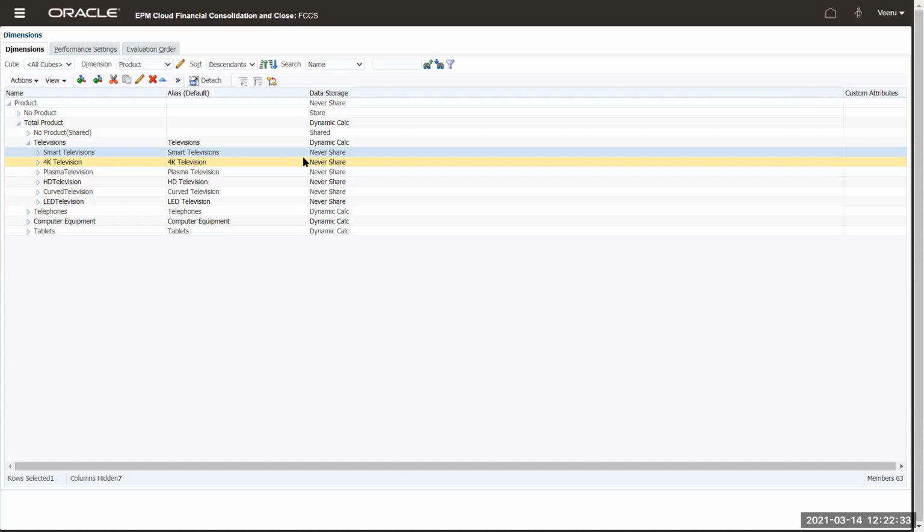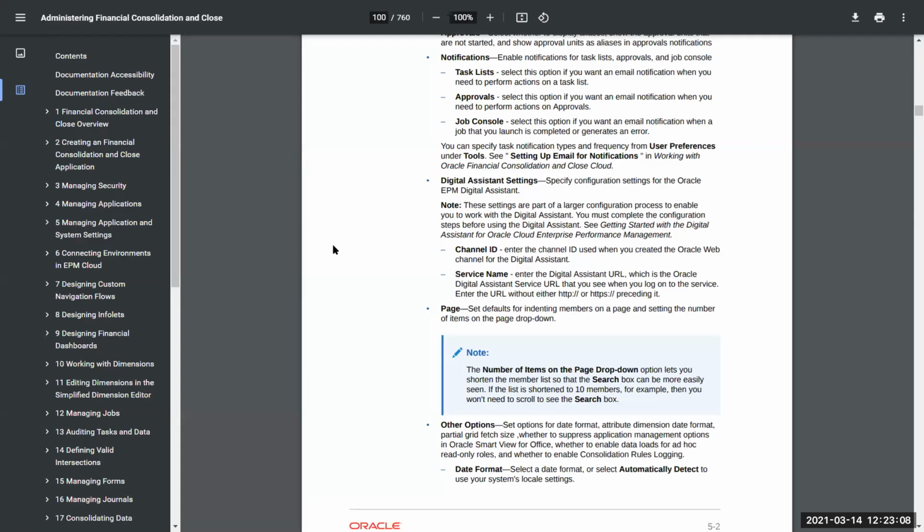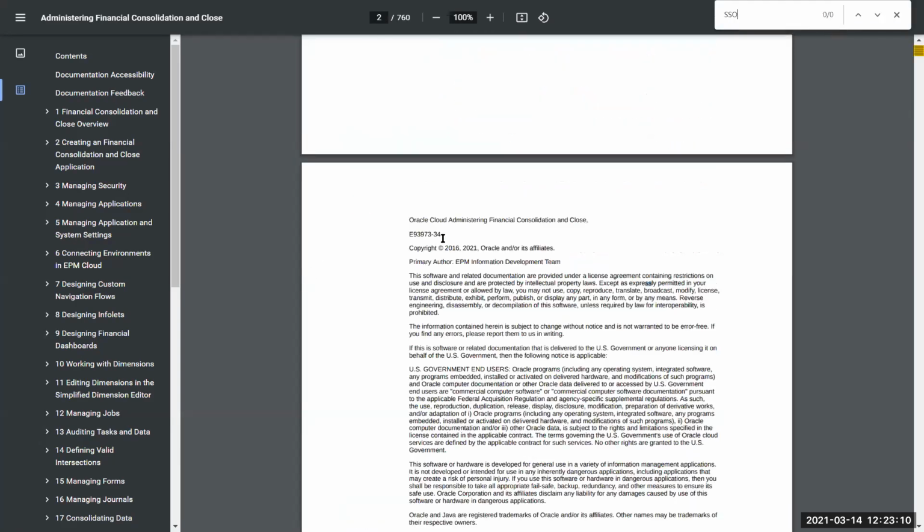Got it. One last question regarding the email notifications that you spoke about in the first half of this session. Is there a configuration of the SMTP servers, the mail servers, that we'll have to do, or is it taken care of by the cloud itself? When you do your SSO configuration, it is not done at an application level. It is done at an identity domain level, in My Services in the cloud. In the cloud operations, there's SSO configuration. All of those things are there in the admin guide. You can just go, I think it's somewhere here.